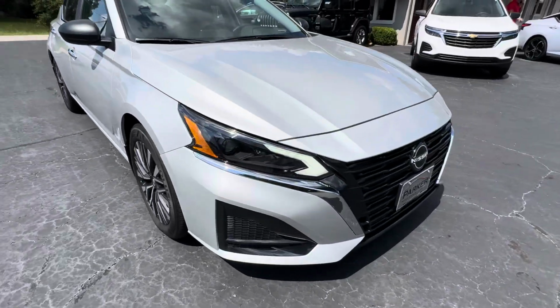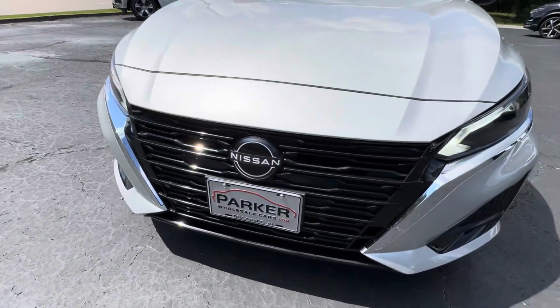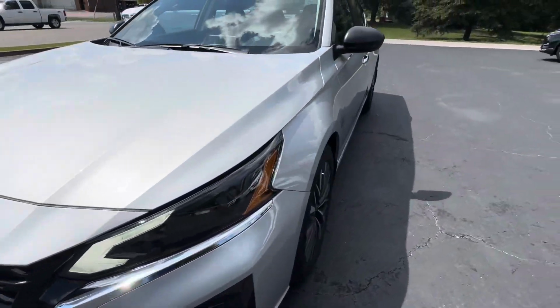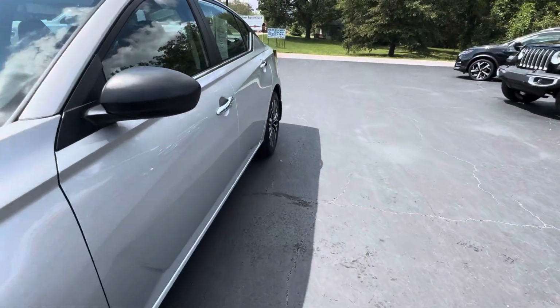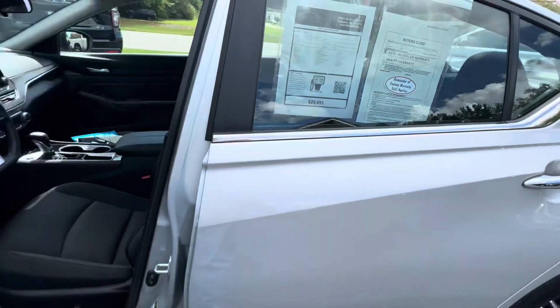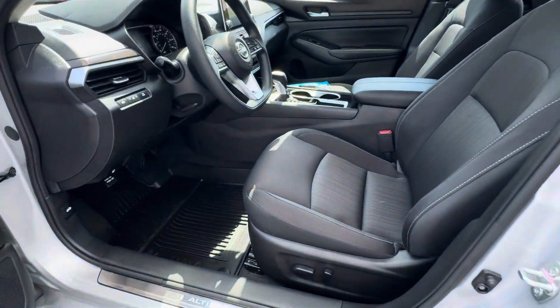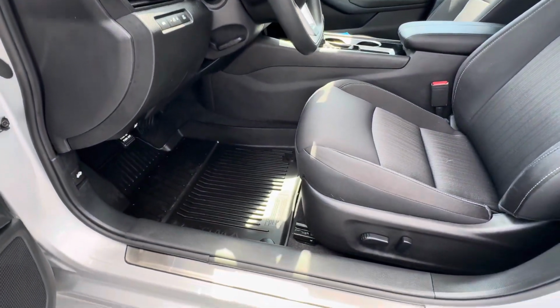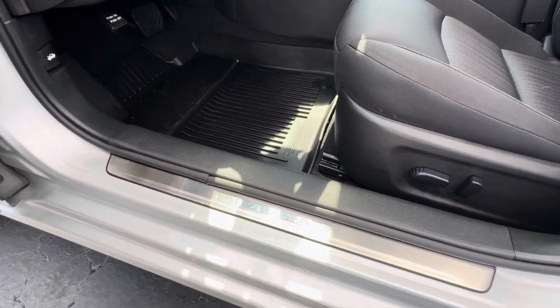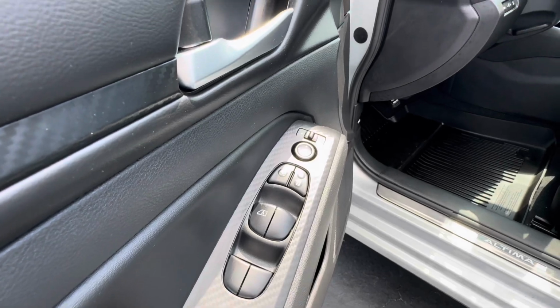Around front, LED daytime running lights, projector beam headlights, forward collision sensor integrated right into the grille. It's equipped with passive keyless entry, bucket seats, power seat, all-weather mats throughout, optional illuminated kick plates, really cool at night, power windows, power locks, power